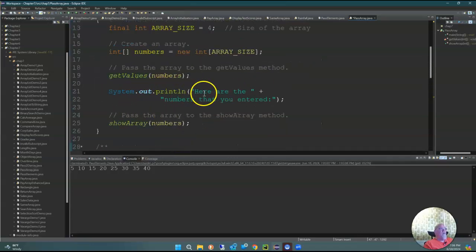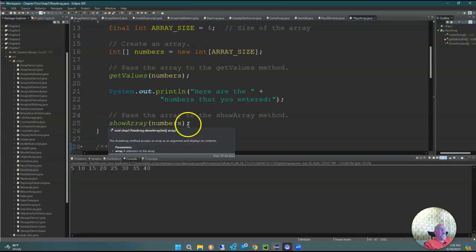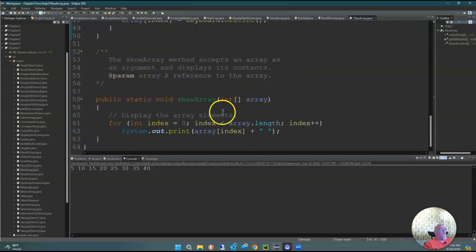After we get done, we say here are the numbers you entered, and then we call show array numbers. So we come down here to show array, and again we're passing an array. I don't know why they keep using a for loop and not an enhanced loop. We could do this. We could do for int, I'm just going to call it A, colon, array, and then I'm just going to do my SYSO,